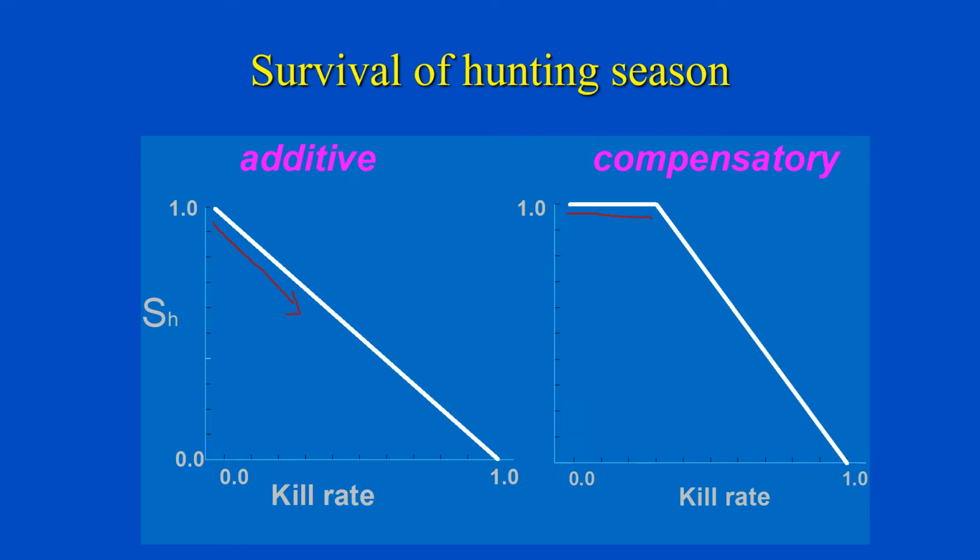So this is a kill rate again, which will result in no drop in overall survival. So survival stays right where it would be in the absence of hunting until you reach some threshold. And beyond that, basically, your hunting mortality is going to be additive to your natural mortality. But there's always this thought that you can harvest 5 or 10% of the population, and it really is just going to be compensated for by the remaining animals surviving better because there's more resources or more places to hide